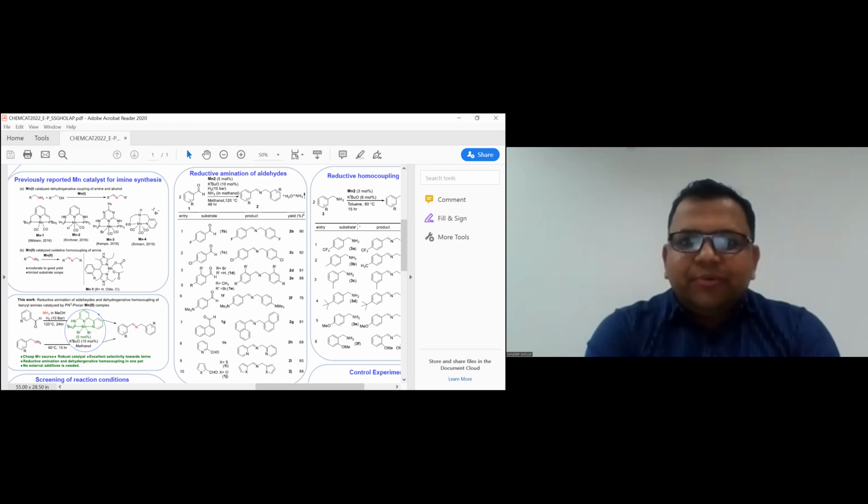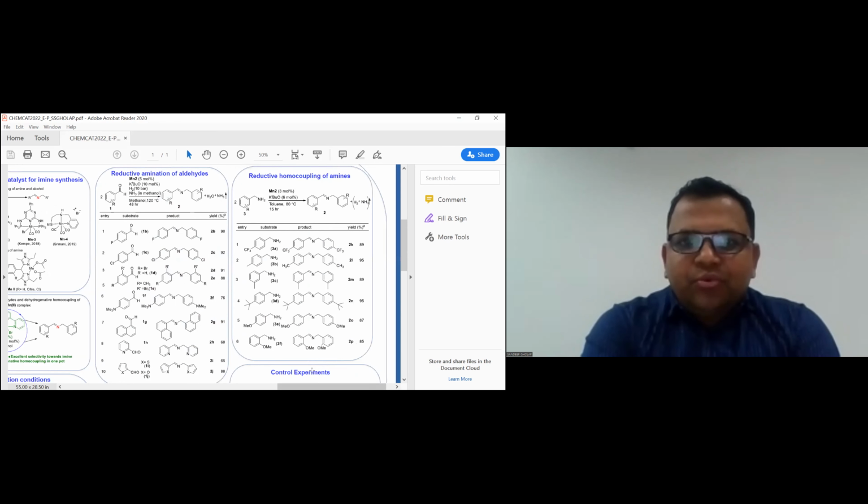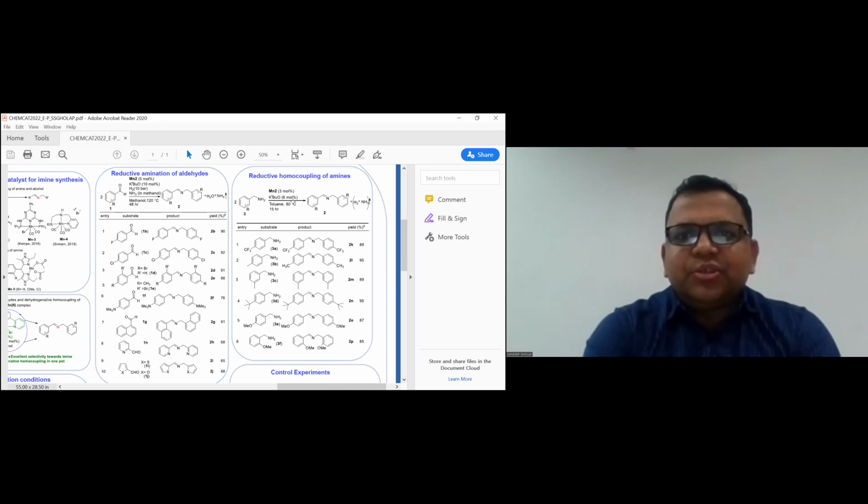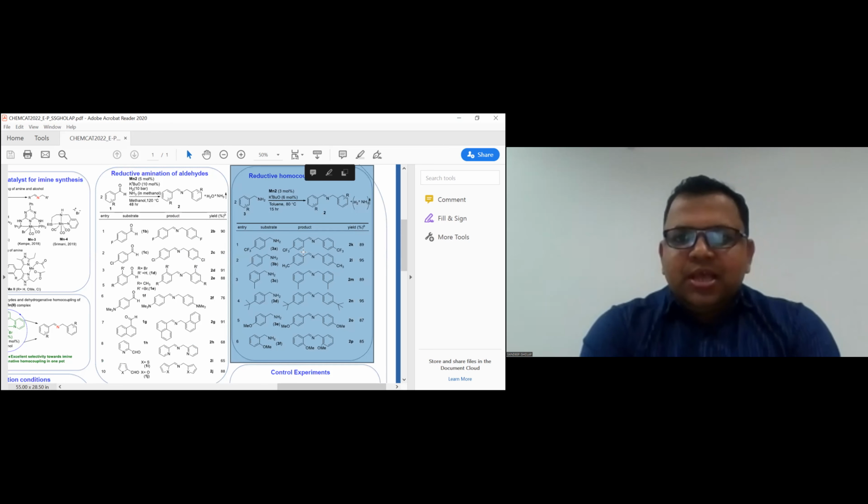Then we observed that while we standardized the reaction conditions, there was a trace amount of amine, for example, benzaldehyde to benzylamine. So we thought to use benzylamine as a starting material, and use only a catalyst and the base. And we found that this type of transformation achieves imine product as a homocoupling product of these amines to imines. You can see the various types of substituents on the aryl ring were intact under these conditions and provided this imine product in excellent yield.